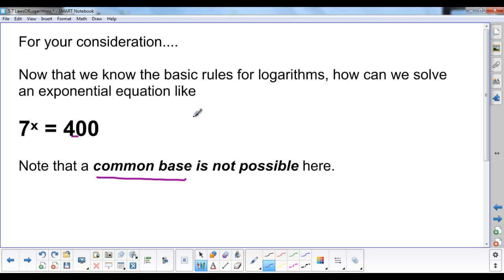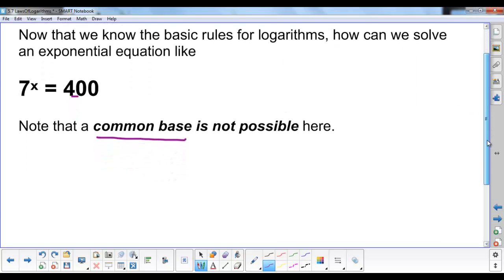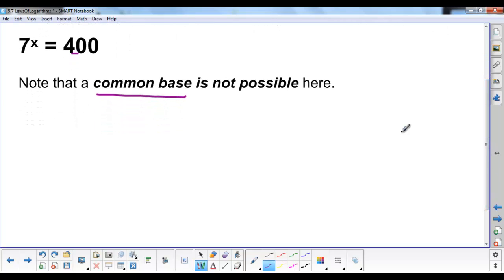So now that we know a little bit more about logarithms, what we can do to solve this question is take the log of both sides. So I would say log, and I'm going to choose any base that I like. I'm going to choose base 10 because that is the button on our calculator. Its default is base 10. So log base 10 of 7 to the power of x equals log base 10 of 400. Now, because I've taught you the power law, I can take this exponent x and move it up to the front as a coefficient. So this now becomes x times log 7,